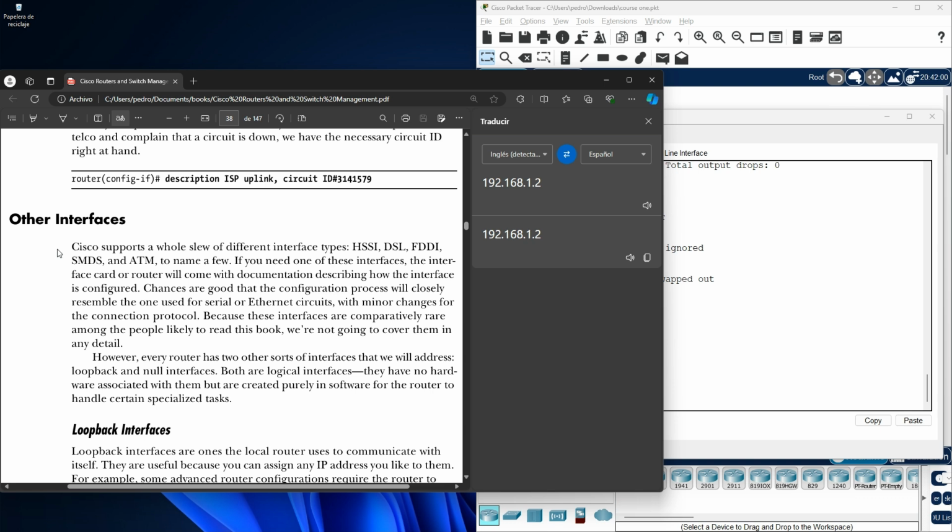Okay, if you need one of these interfaces, the interface card or router will come with documentation describing how the interface is configured. Chances are that the configuration process will closely resemble the one used for serial or Ethernet circuits, with minor changes for the connection protocol. Because these interfaces are comparatively rare among the people likely to read this book, we are not going to cover